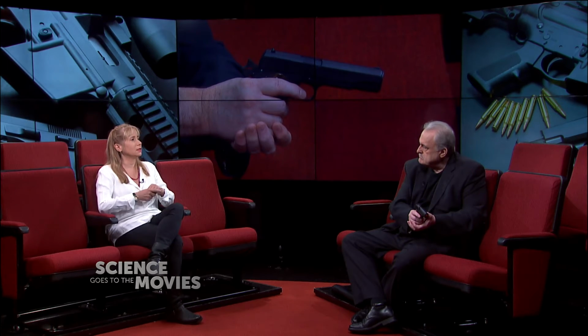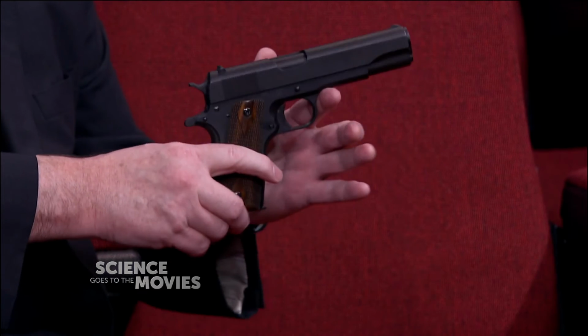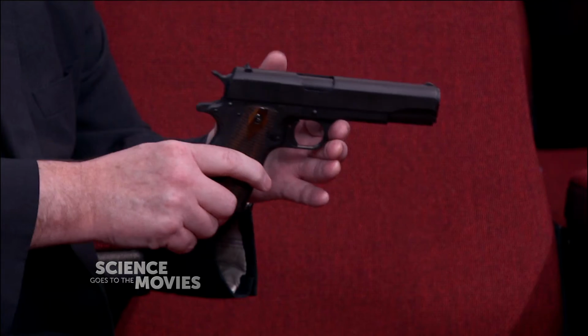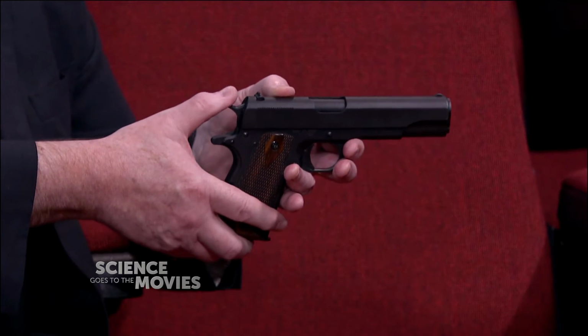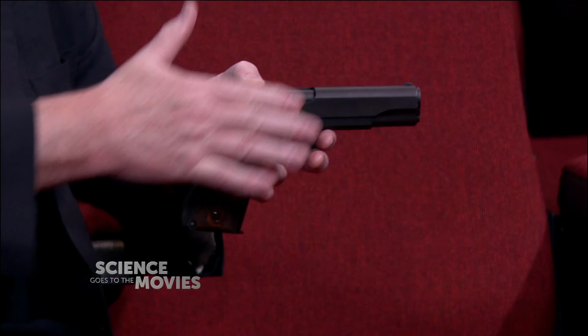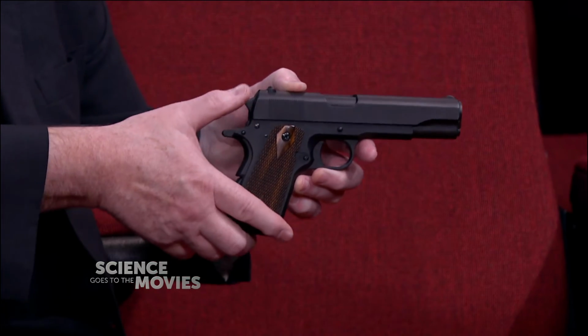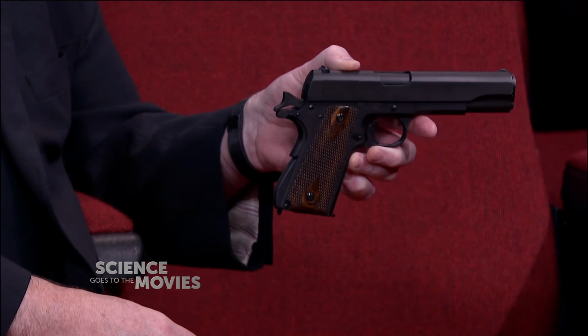So, going back to the question you asked me originally: if this was a firearm, can it fire if you drop the weapon? There's a number of ways it can. It's not designed to, obviously. You could have a flaw inside the mechanism, which could make it go. Also, when you have a cocked hammer like that,